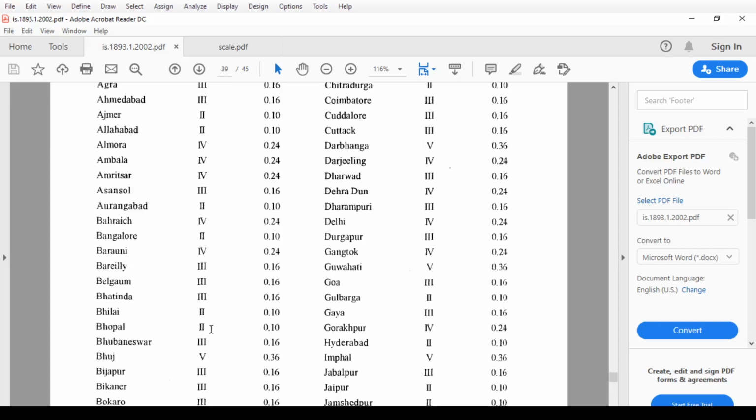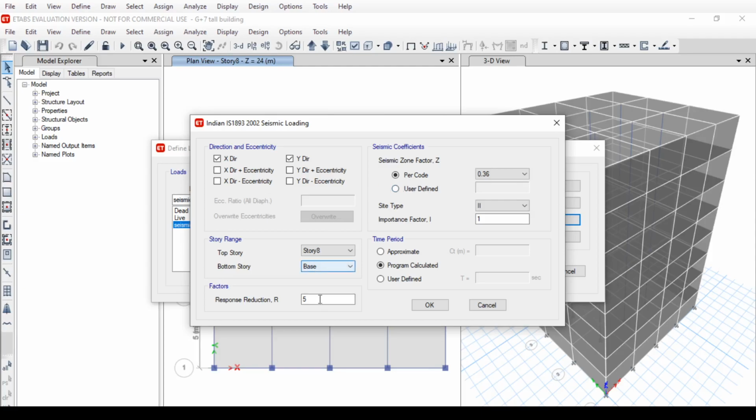Here Bhopal is zone 2, so go to the software, put 0.1, and for site type go again to the code and